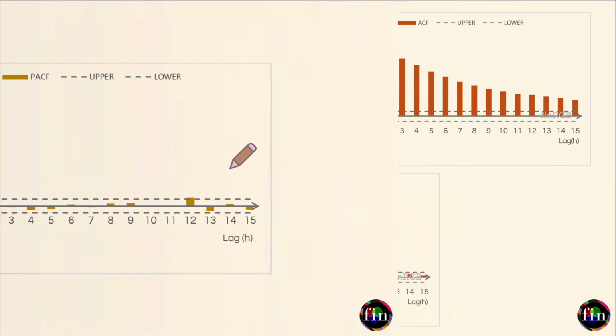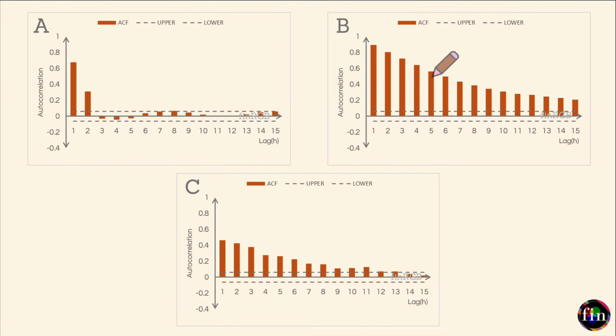Coming back to my correlogram, let me quickly reveal the actual specification which I used. It was actually an AR1 process. Yt in this particular time series depends on its own lagged value, and the maximum lag that we include in this specification is lag 1. So it is AR1.